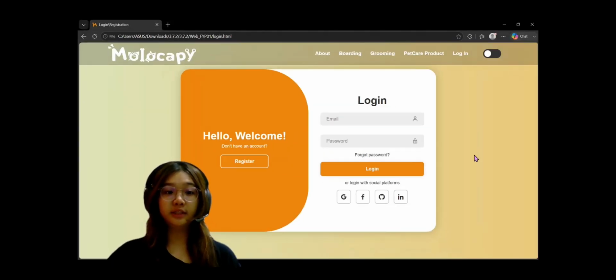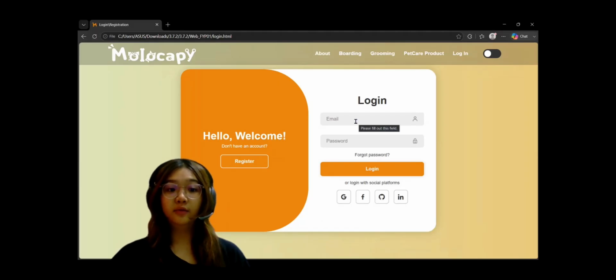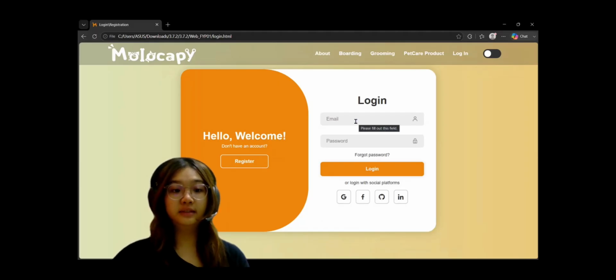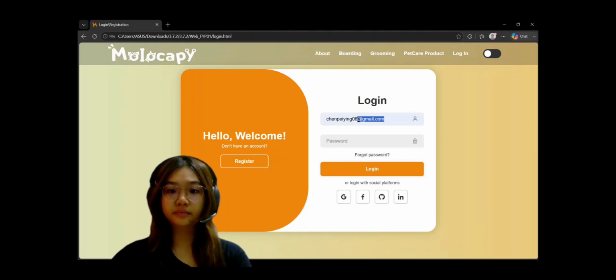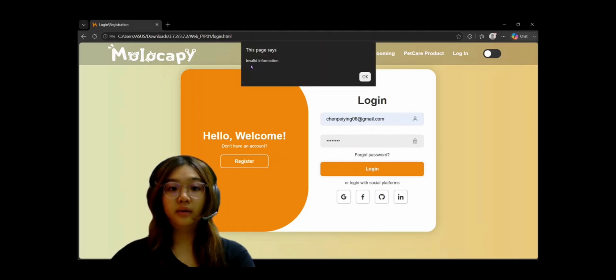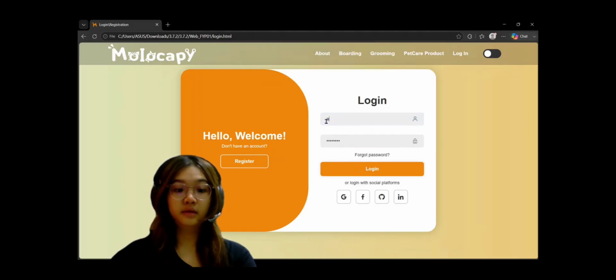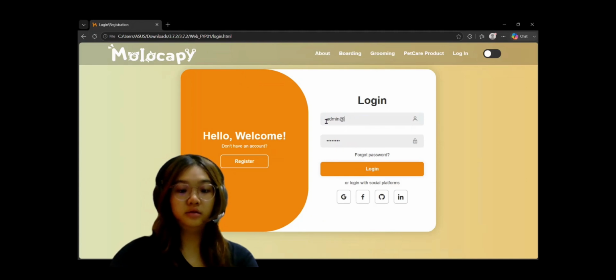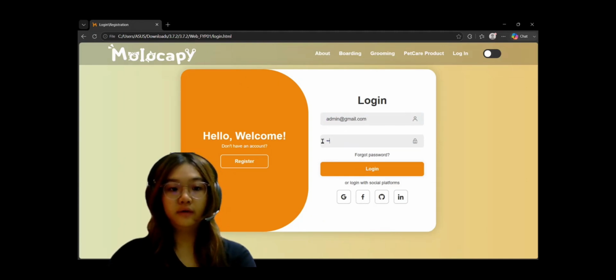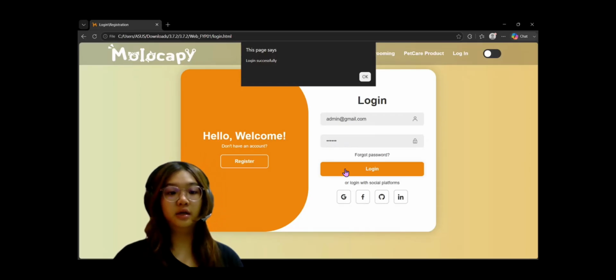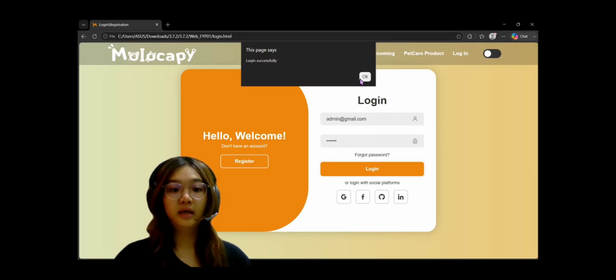Now I will demonstrate the login process. For this demonstration, we are using a predefined account with the username admin@gmail.com and the password 556876. So any other password will not be accepted. It will pop up an invalid information message. You need to key in admin@gmail.com and the password 556876. Once the correct credentials are entered, a pop-up message will display login successfully, and the user will be directed